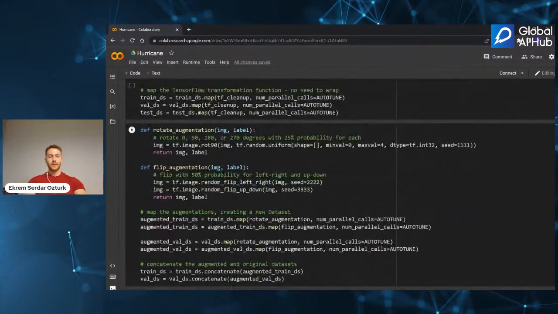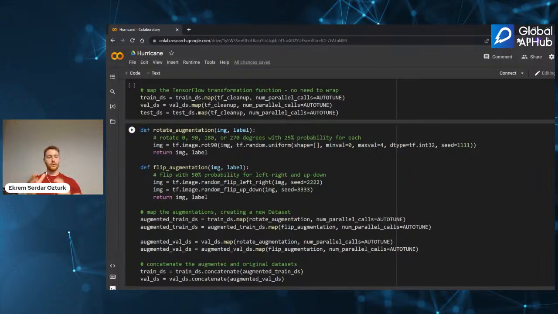So let's say we have 100 images and we need to train a model, and we need lots of images. How do we do it? We do it by image augmentation. We're not creating completely new houses.